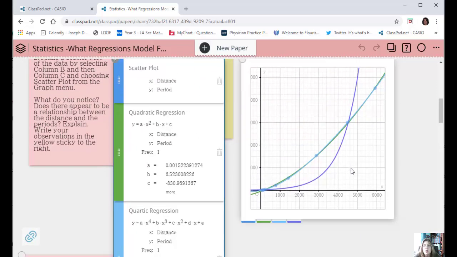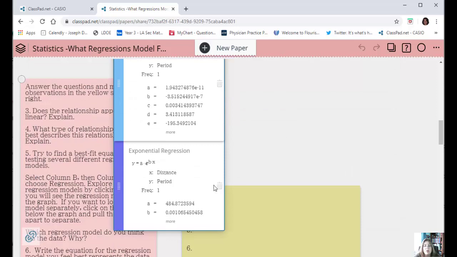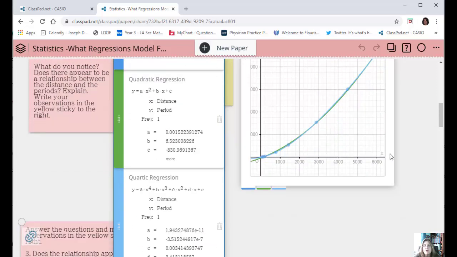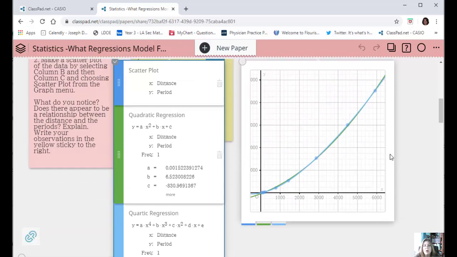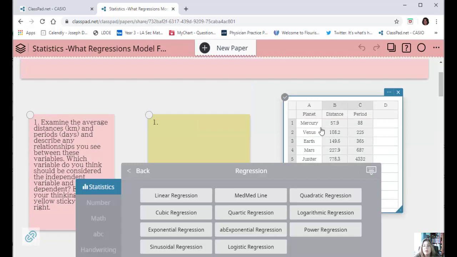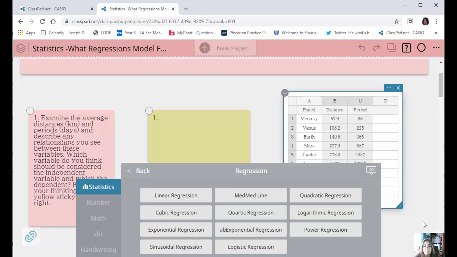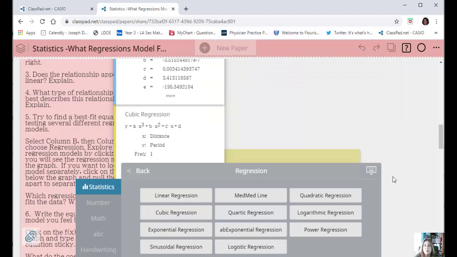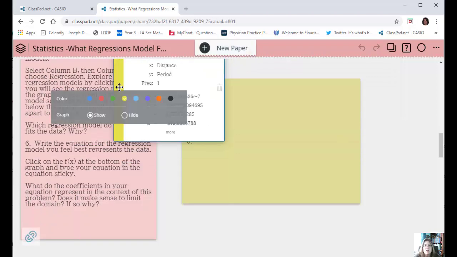So now we're still working. Oh, I think I got rid of one that maybe I shouldn't have. Exponential didn't seem to fit very well. So these two seem to look okay, and there was another one in there, and I can go back if I accidentally delete one that didn't work great. I think I had cubic in there, if I was not wrong. Yeah, cubic's pretty good. So these three seem to be doing pretty well,